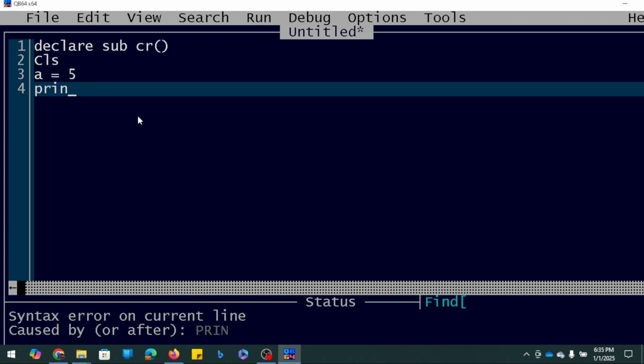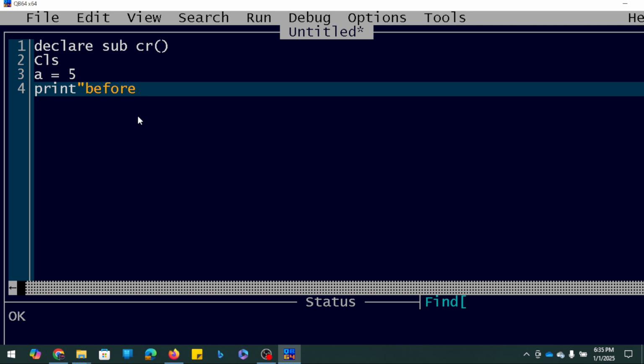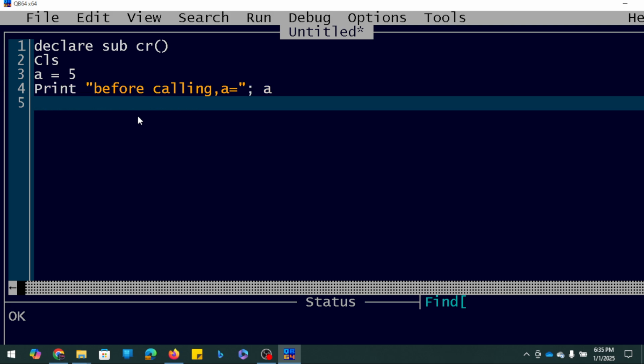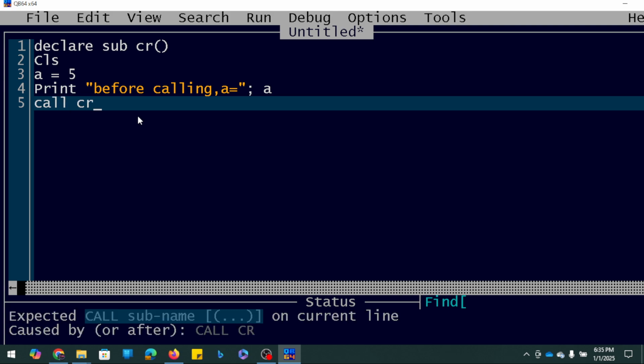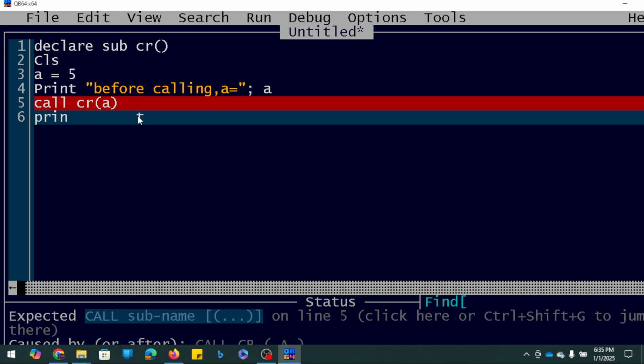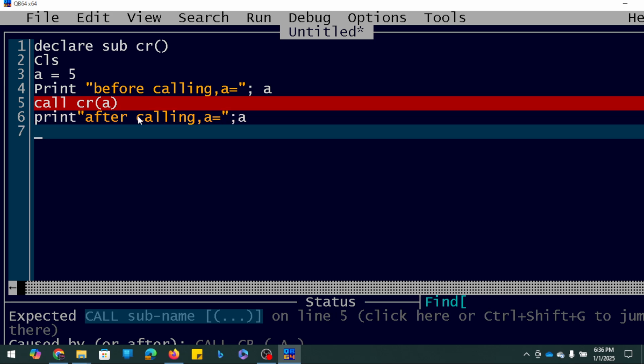Let's print calling equals to, yes, 5. Now let's call the procedure. So call cr a. Print try calling a equals to